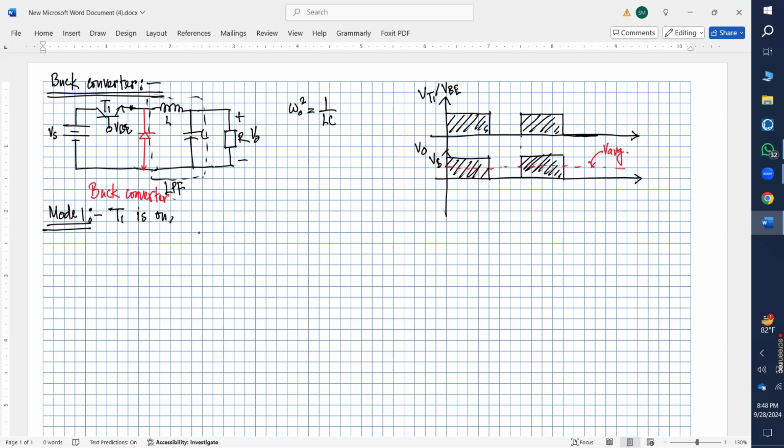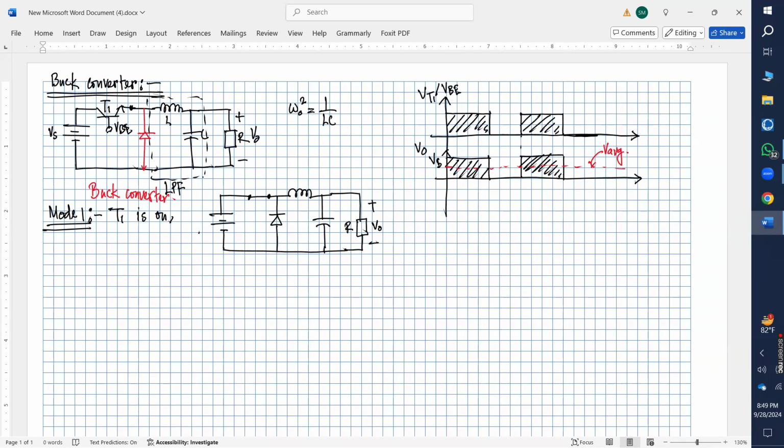So whenever T1 is on, the circuit would look like this. It will work like a simple switch, and then we'll have an inductor there, and then a capacitor, and then it would be connected to the load. That is my plus minus V0, R. And since we have a diode here,